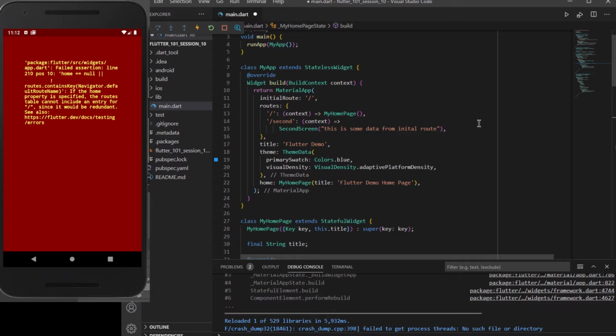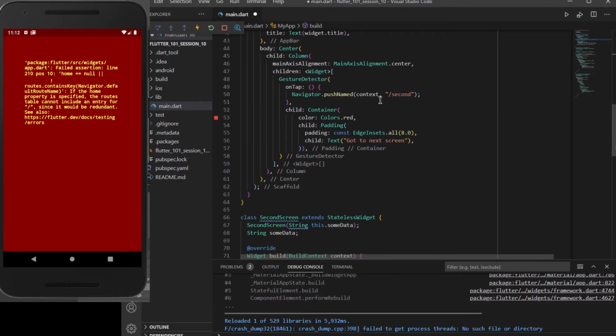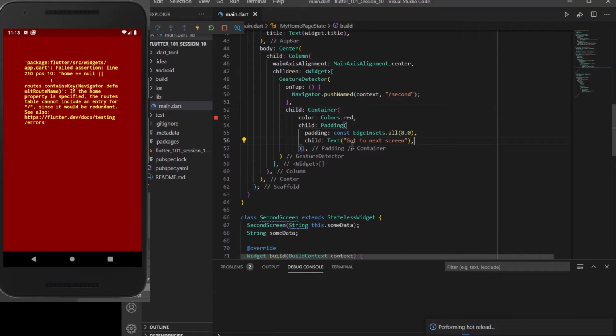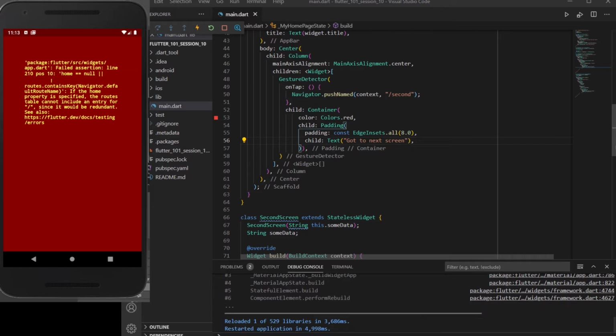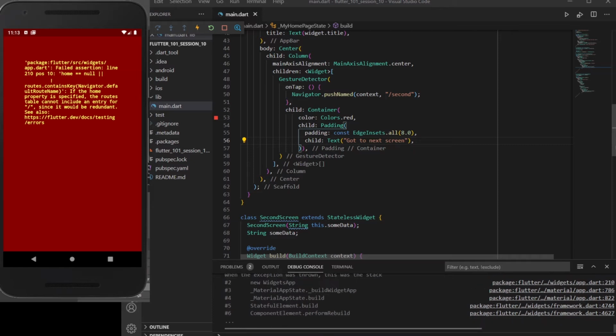So this is how you can use pushNamed routes. Let me save the app and hot restart it again so that the changes can take place. It is still showing me an error.